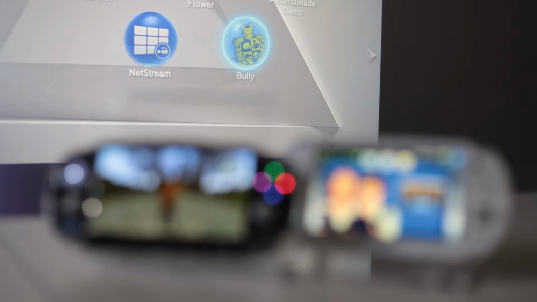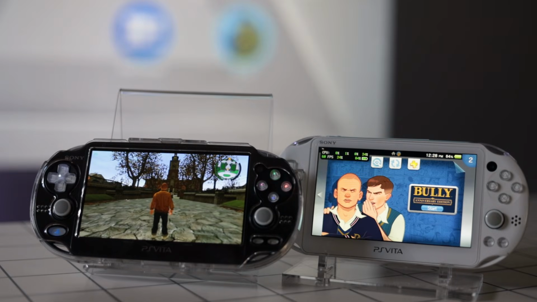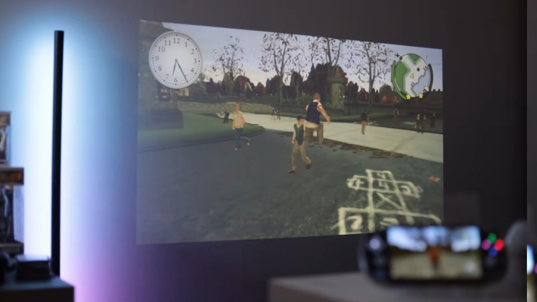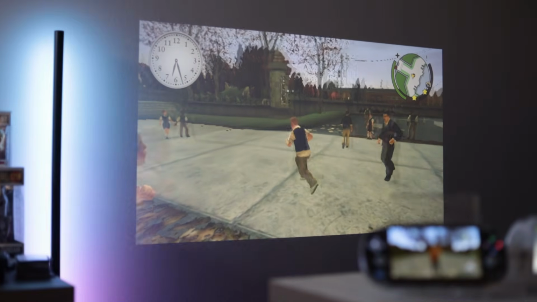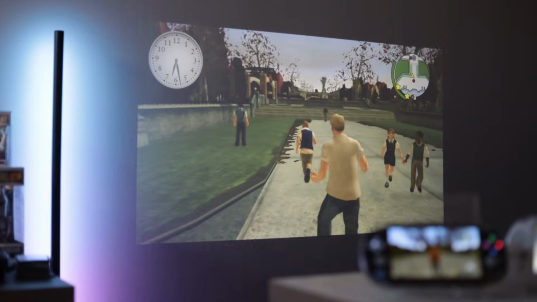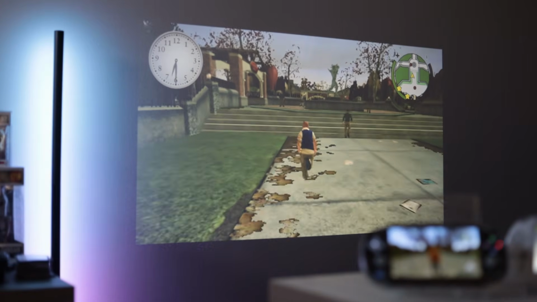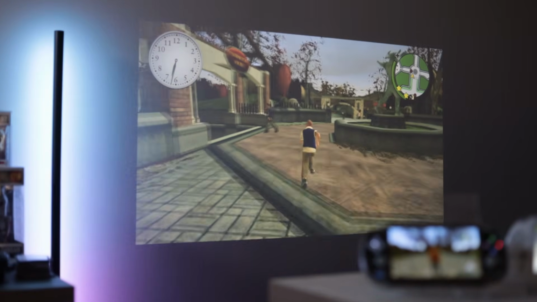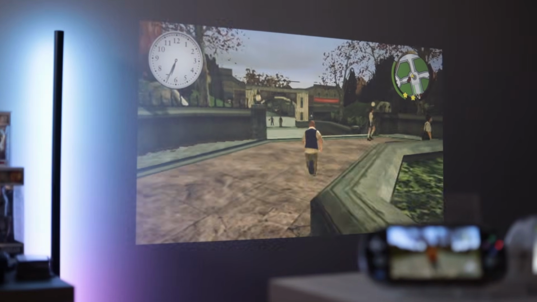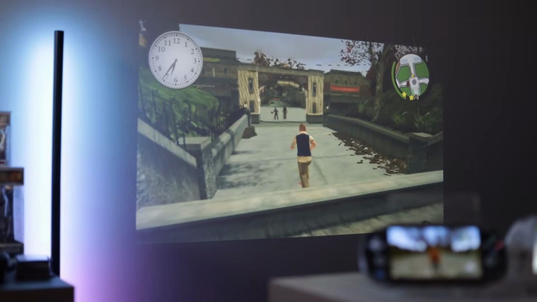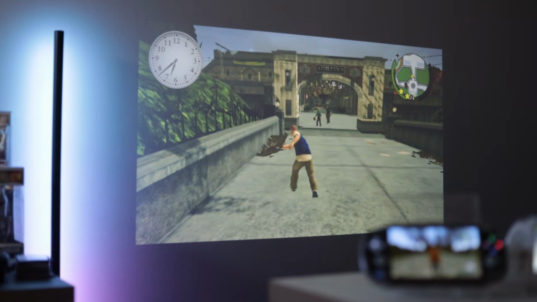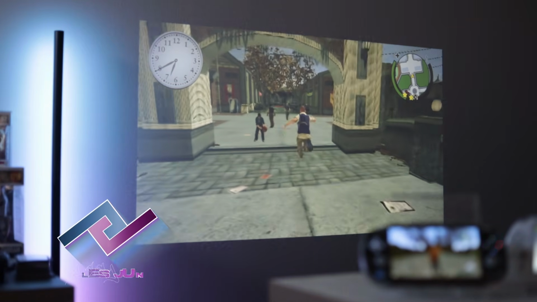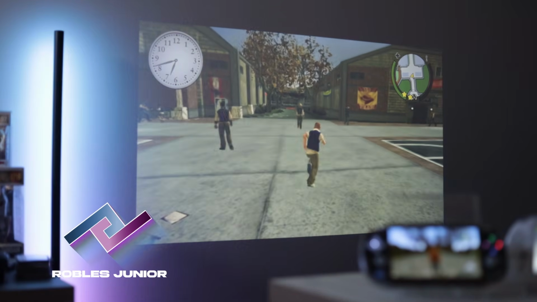Today I'm going to show you how to get Bully, the Anniversary Edition, running on your PS Vita. This is going to be a step-by-step guide using the community Android port so you can play this Rockstar classic on the go. Bully is an open world game where you play as Jimmy Hopkins, a troublemaking kid dropped into Bullworth Academy, dealing with bullies, snobby cliques, and teachers while you attend classes, pull pranks, and explore the whole town